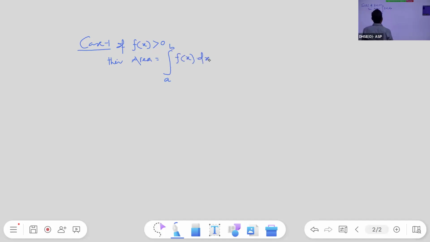That means the curve is above x-axis. Clear? Case 2, if f of x is less than 0,